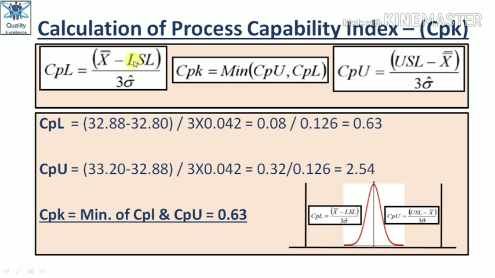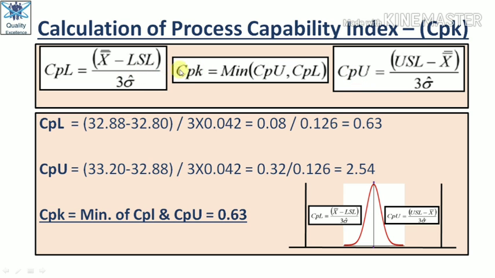This is the voice of customer upon process width. Here, as we have bifurcated with respect to the process mean, the formula will be X double bar minus LSL upon 3 sigma. Because our total process width was 6 sigma, so on the left side it will be 3 sigma and on the right side it will be 3 sigma. So this is the formula of CPL. Accordingly, on the right side, the formula of CPU will be USL minus X double bar upon 3 sigma. So we have divided capability also into two parts.